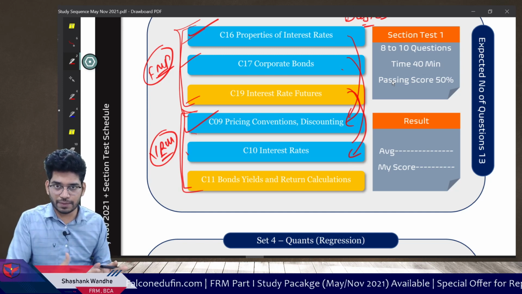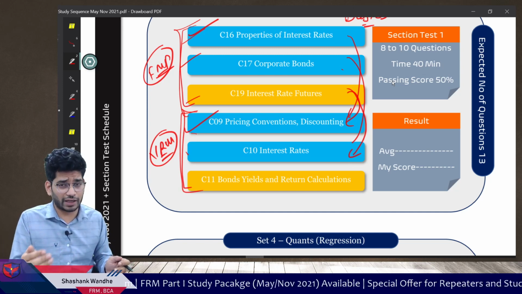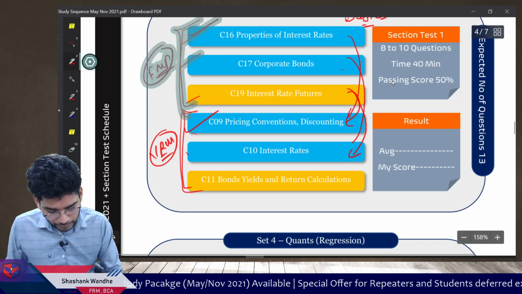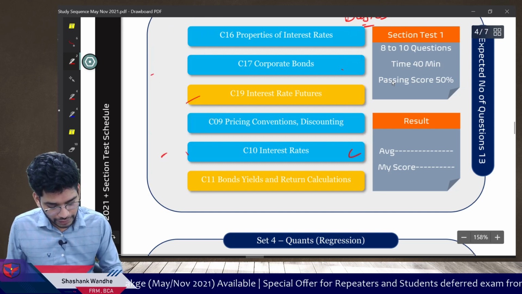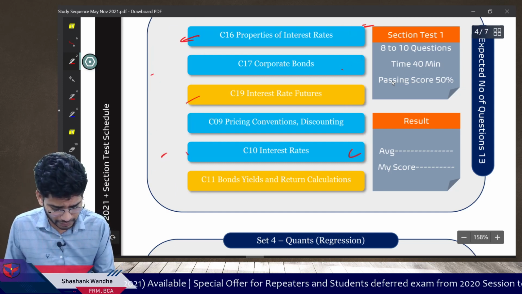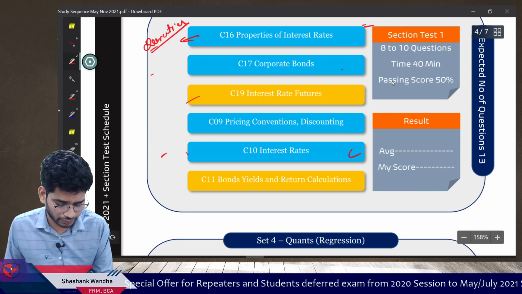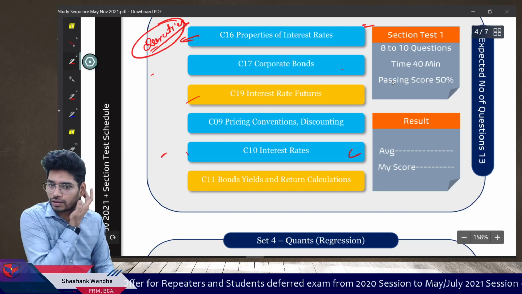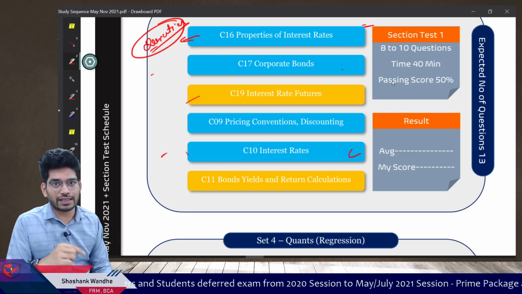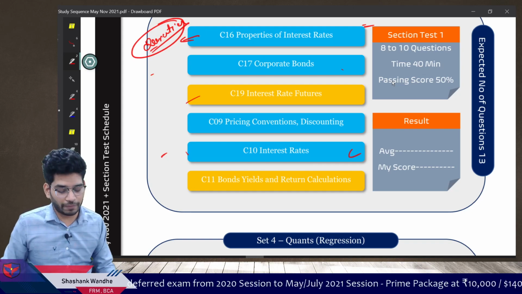If you prepare in this particular manner, because you are seeing the same topics again and again, automatically you will be able to get a better understanding. One important point here: in the first chapter, we have a topic which is duration. You can skip this topic, the duration in properties of interest rate. You can prepare this topic at the advanced level. You have a complete chapter on DV01 duration, so prepare there instead of preparing here.